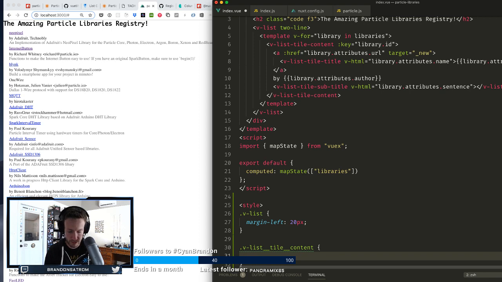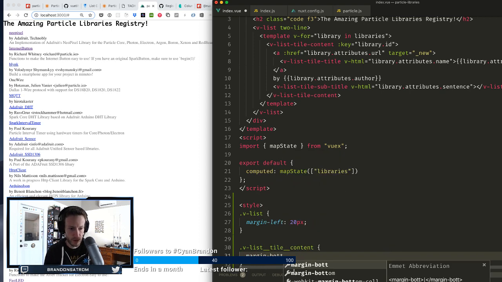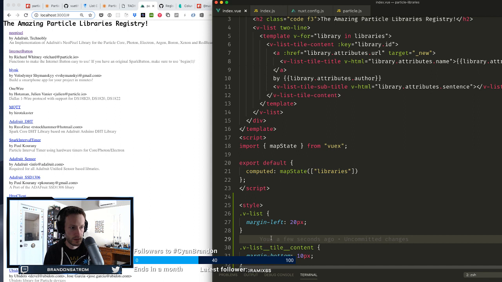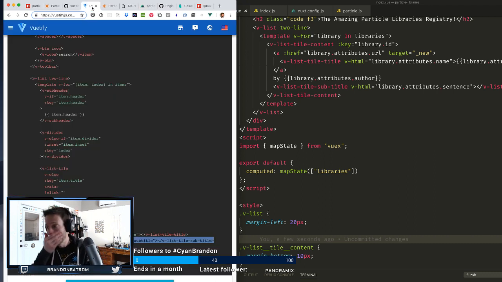So I'm going to do a padding. Margin bottom of 10 pixels between each of these. Okay, there we go. All right, we have ourselves a bit of a list. It is not the prettiest list, but it's a little bit more formatted than it was before. There's probably a lot more that we could do